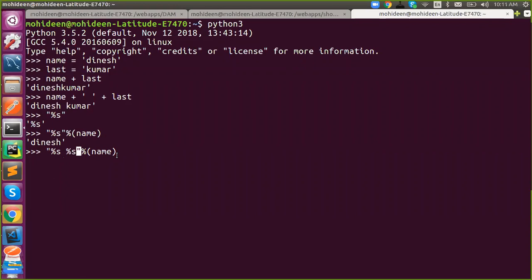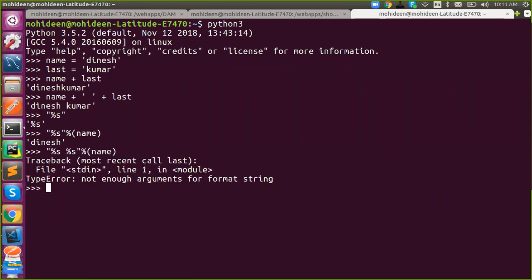What might be the error? Sir, type error. Because this data type does not fulfill. Okay, you have to pass one more thing. So last, okay, it looks easier than using the plus symbol. So in case of integer, we can use percentage.